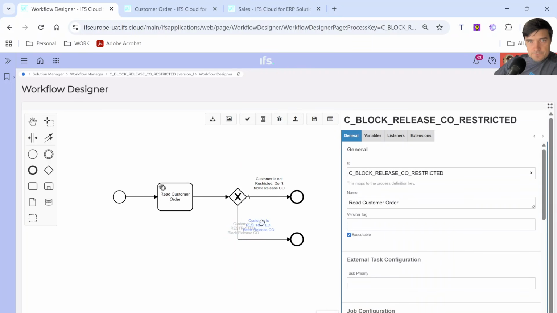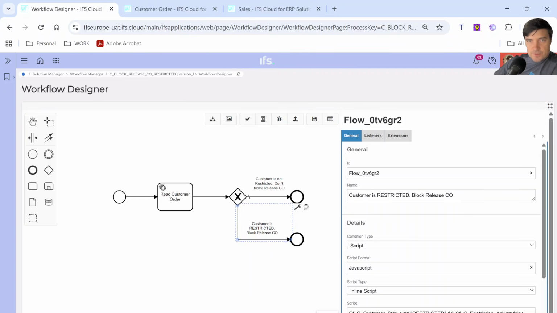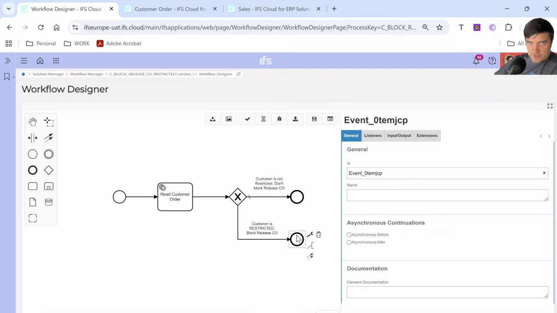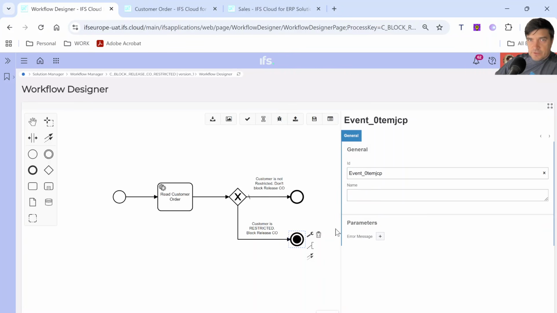Okay. So this is what we are doing here. We have the check that if the status is restricted and the acknowledgement of the restriction is false, then we show an error message. So we need to change this process end from a normal process end to an IFS failure event. We can have multiple events here, but I don't know much about the rest. But IFS failure event is what we will use,